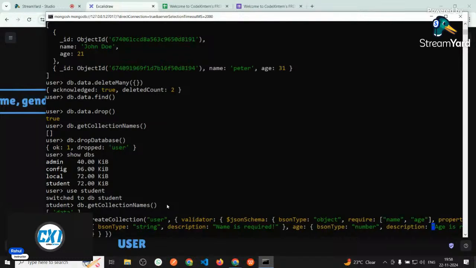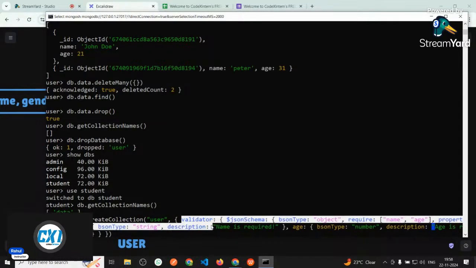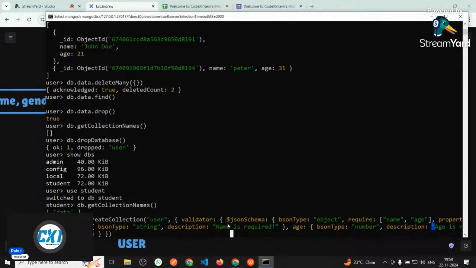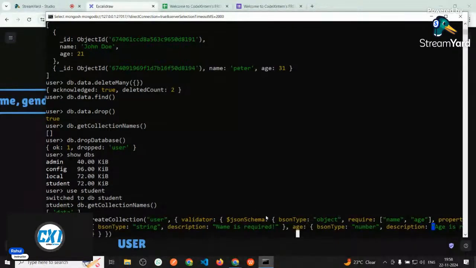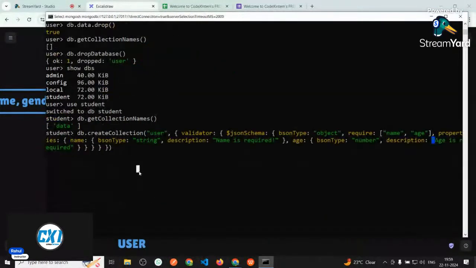You have to write the validator here, and after the validator, you have to mention what kind of schema it is. This is basically $jsonSchema, and it is an operator because there is a dollar sign. If there is a dollar sign, that means it is an operator. So the bsonType is object, meaning the type of this document. And what are the required fields? The required fields are name and age, and you mention your properties here. And if you hit the enter button,